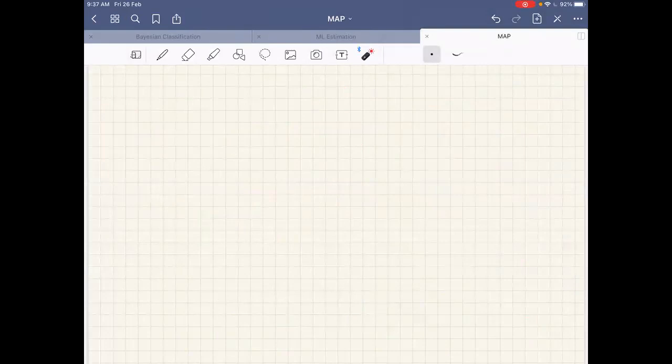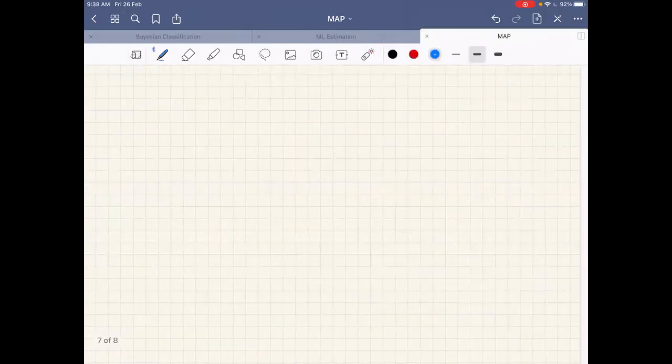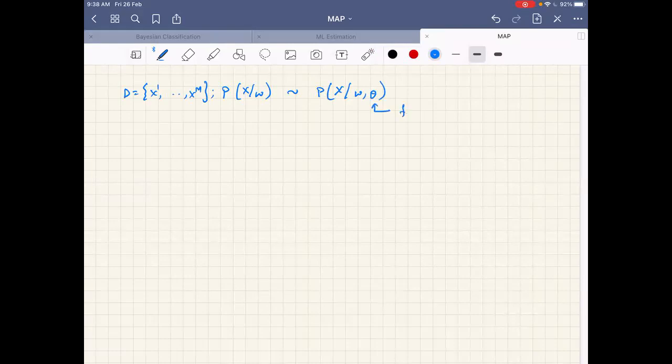Okay, so in both ML estimate and MAP estimate, what are we finding? P of X given omega, if we are asked to find it given the samples X1 to Xm. What we are writing, this P of X given omega, is P of X given omega comma theta. This is the theta we find by ML estimate or MAP estimate, and then write P of X given omega using this estimated theta. Is that fine or not?